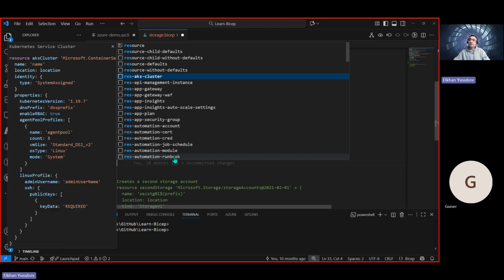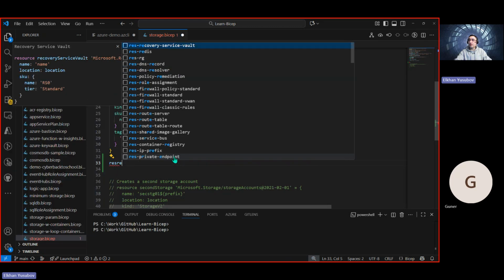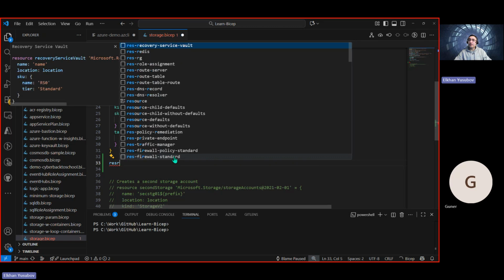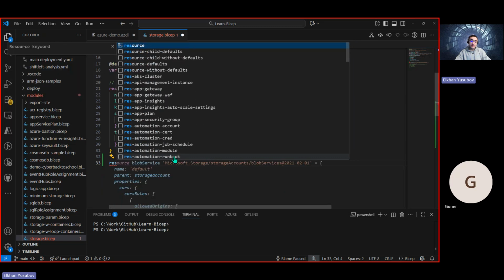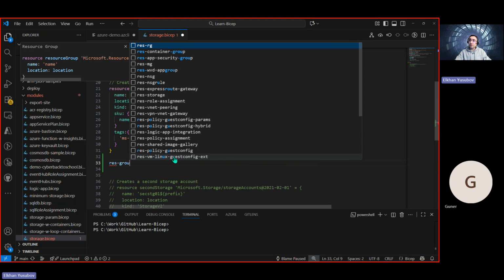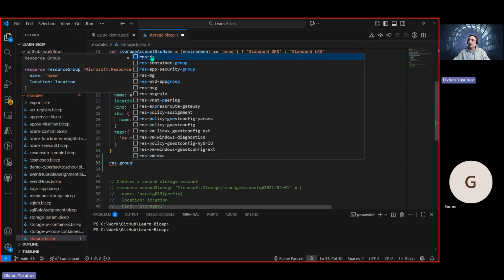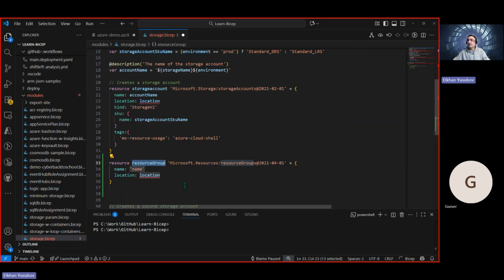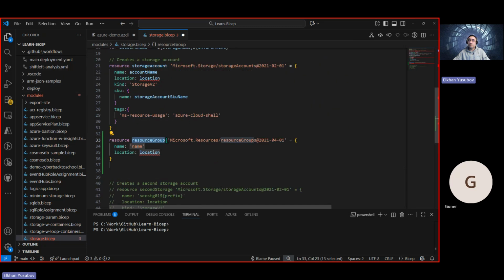For example, with this resource, RES, let's say you want to create a resource group. Then you type dash and then say group. Then, for example, if we choose the first one here on the left side, you see it defines a resource group, and then there's something. We will just press tab here, and here we go. So we have resource. This is the name, resource group. For the demo's sake, we can say it's resource group 01. Then you define the